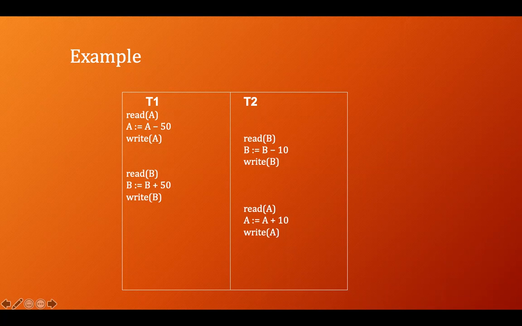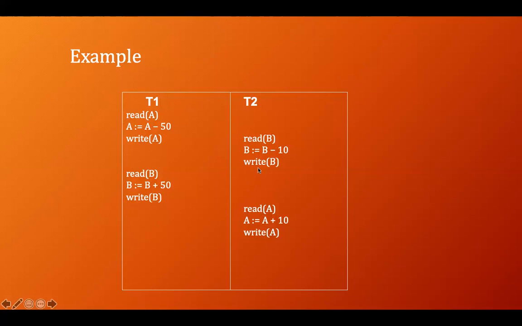So when we have the last write operation, do we have a read operation after that? You can see here, there is a write on A, then there is a read on A. Okay.